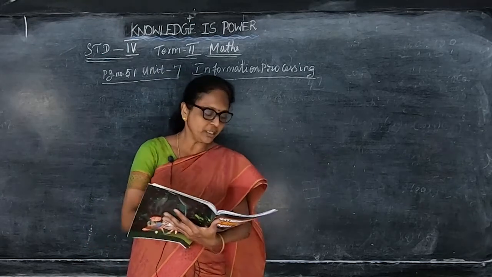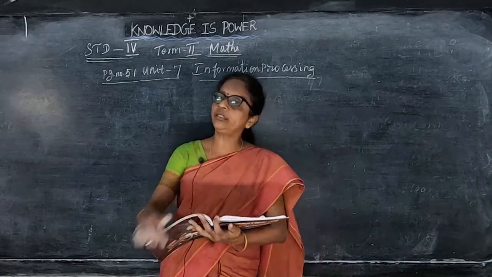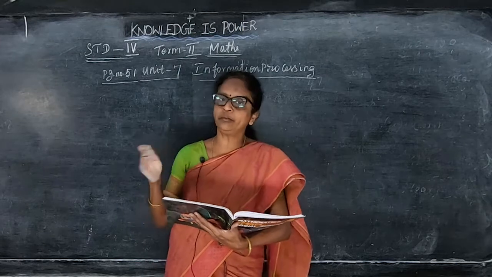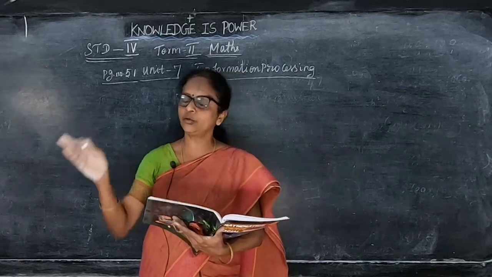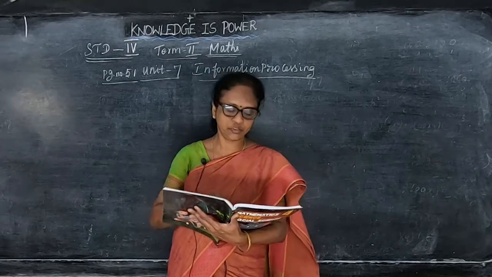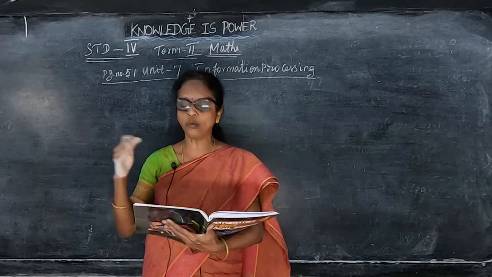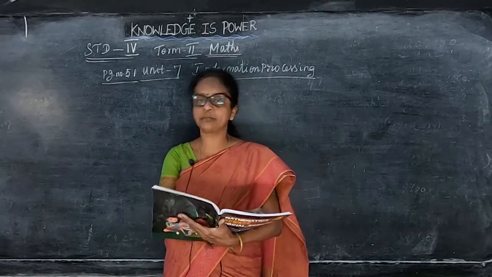Here also, in how many ways can you go from your home to the hospital? Because you know the route, which way you can go. You can come to the main road or you can go in between the streets. So you can write how many ways you can go from home to the hospital, draw a path, and identify the shortest path and longest path.